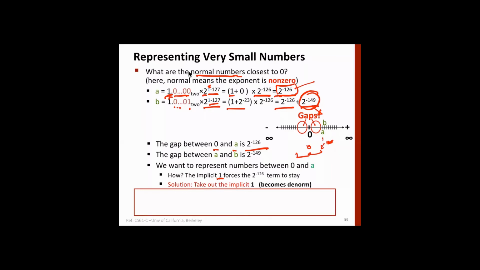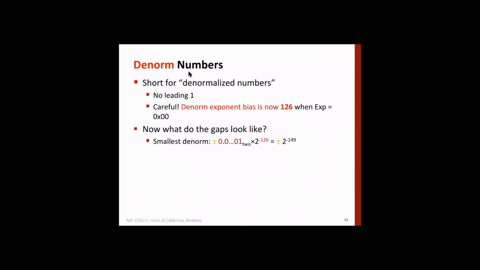So now we change it to 0. Now we define a case where exp is equal to 0. It means that the value will be this, 2 raised power minus 126. Here we have taken it as 1 because it's the next number. So exp is equal to 0 and significant is non-zero, and these are called denorm numbers. Let's look at an example, then it will become clear. So there is no leading one.